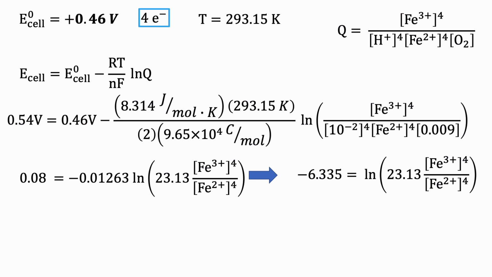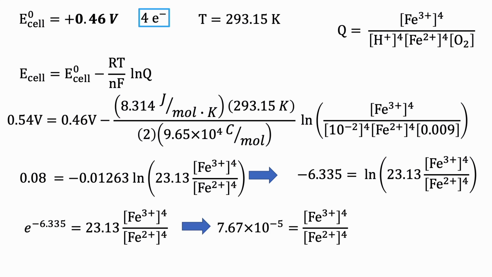And now we want to get rid of the natural log, and so we're going to do e to both sides. So we have e to the negative 6.335 equals 23.13 times a ratio of our iron concentrations. That gives us 7.67 times 10 to the minus 5th equals the ratio of our iron concentrations. And remember, those iron concentrations are raised to the 4th power. We need to get rid of those exponents, so we're going to take the 4th root of this. And by the way, the easy way to do that on your calculator is just to do the square root twice. And we get that the ratio is